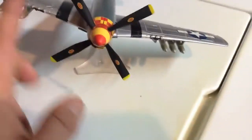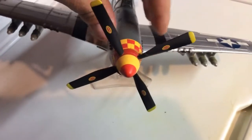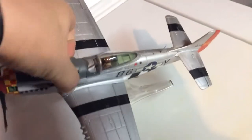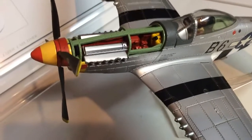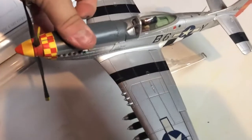This is actually not a model that I built or painted. This is a replica that I bought a few years ago. A bit of crack there. The engine cowling comes off on this, and I'm just showing this off for you guys, especially for William Mann, because I know he likes World War II. So the engine cowling comes off on this one,